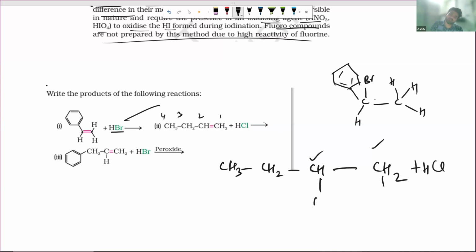Yes, the second carbon will receive the bromine and hydrogen will come to this one. But if we have peroxide here, then, when this bond is